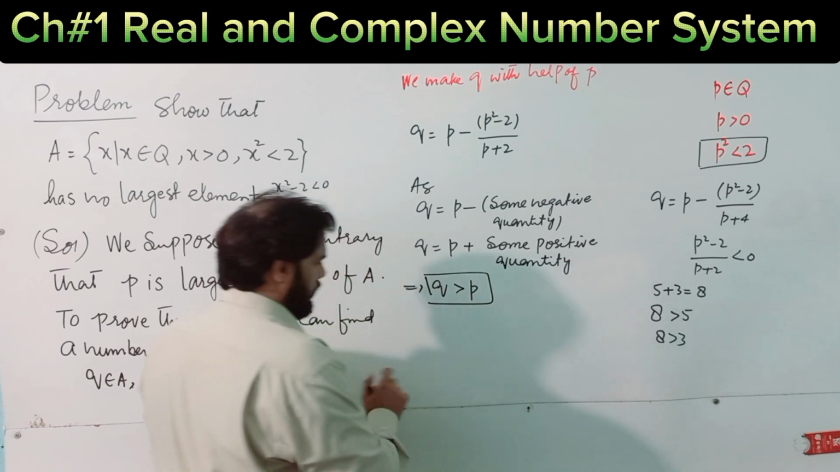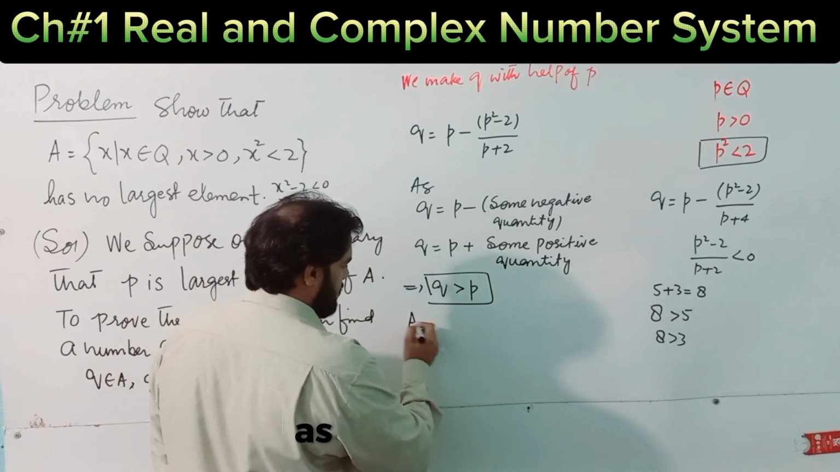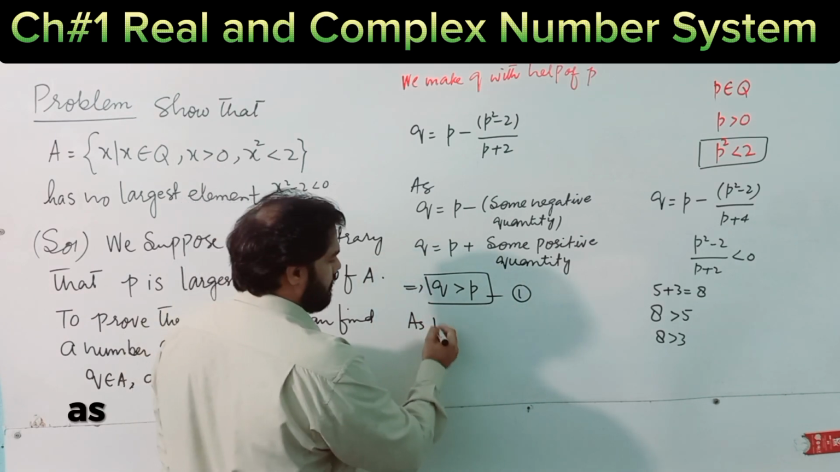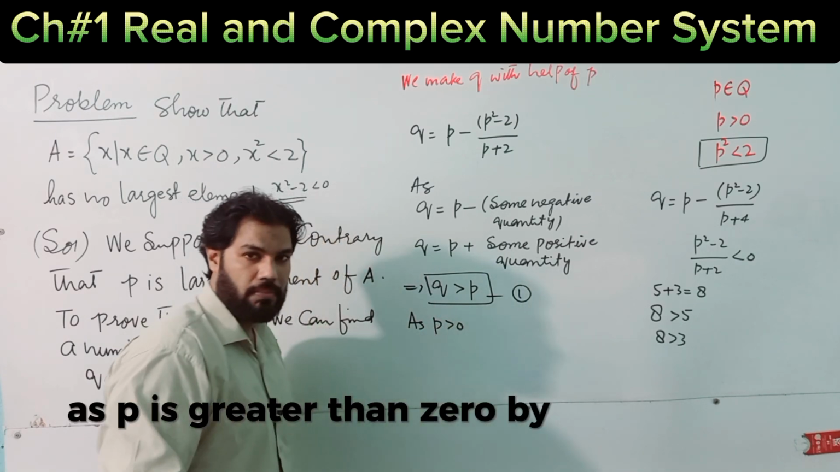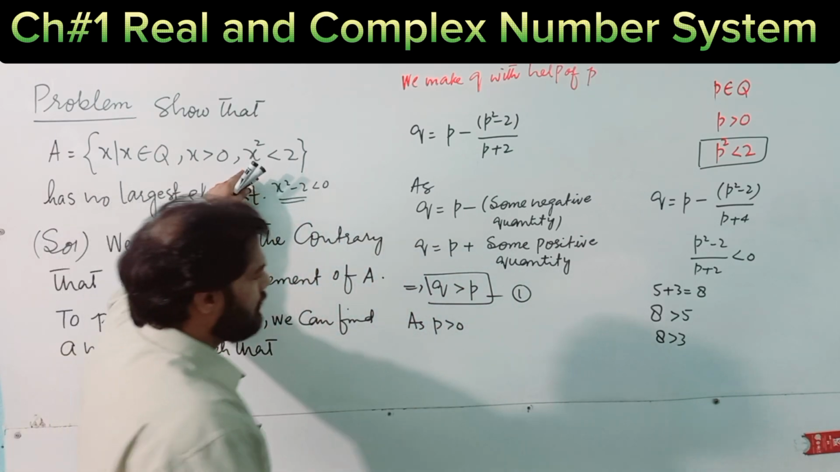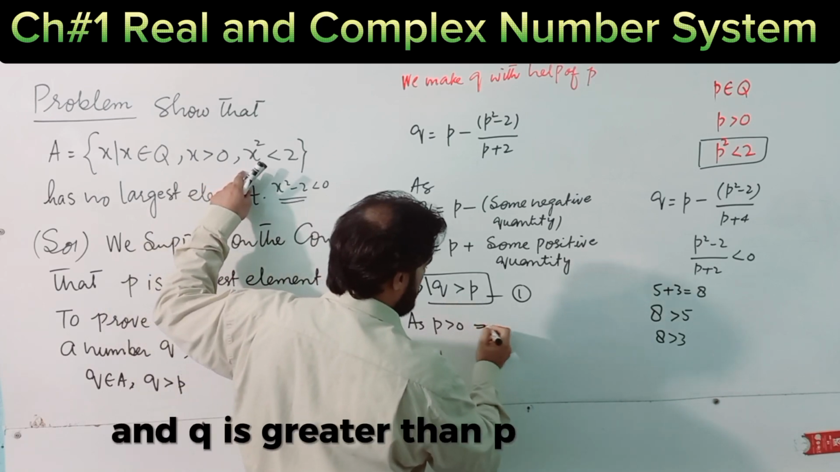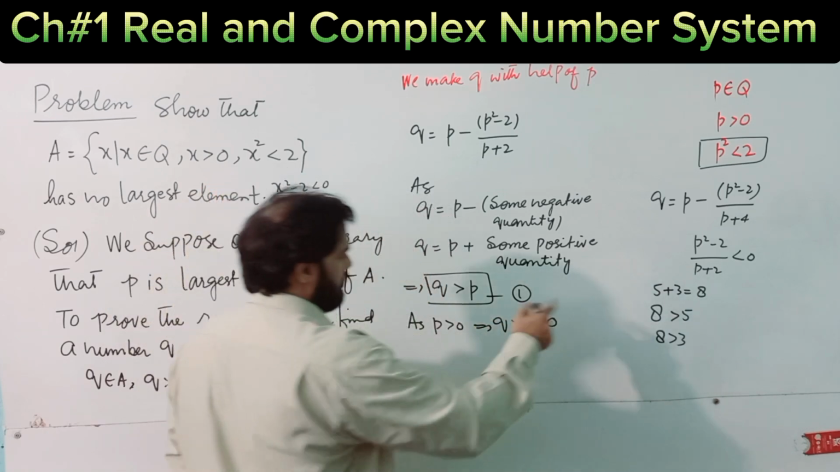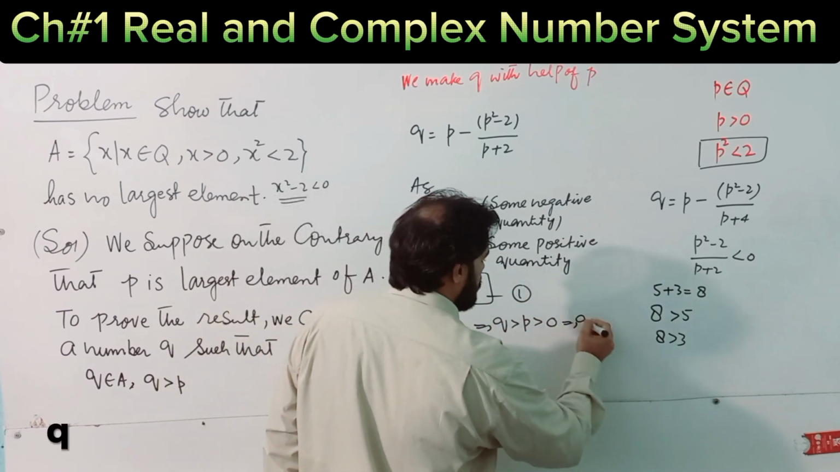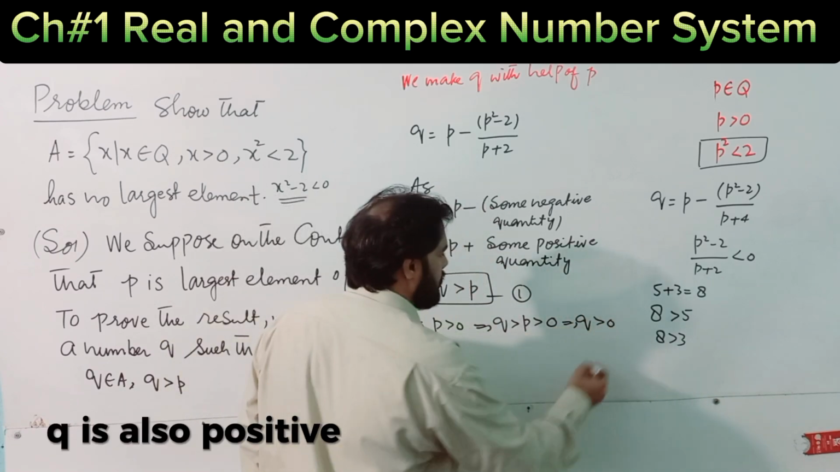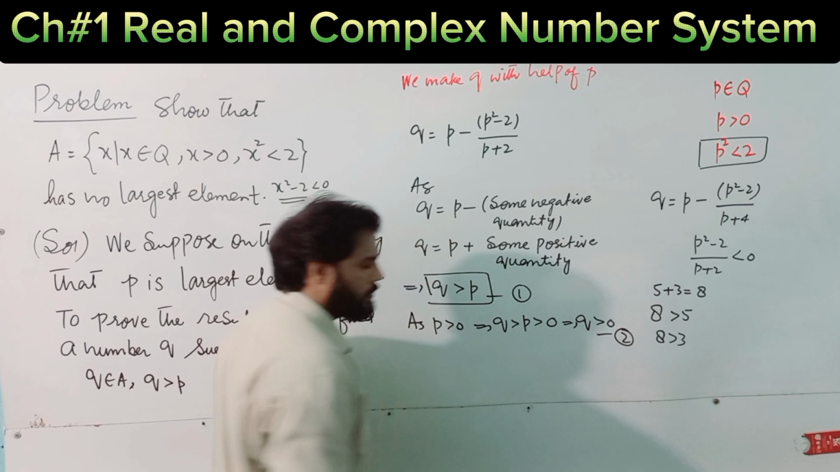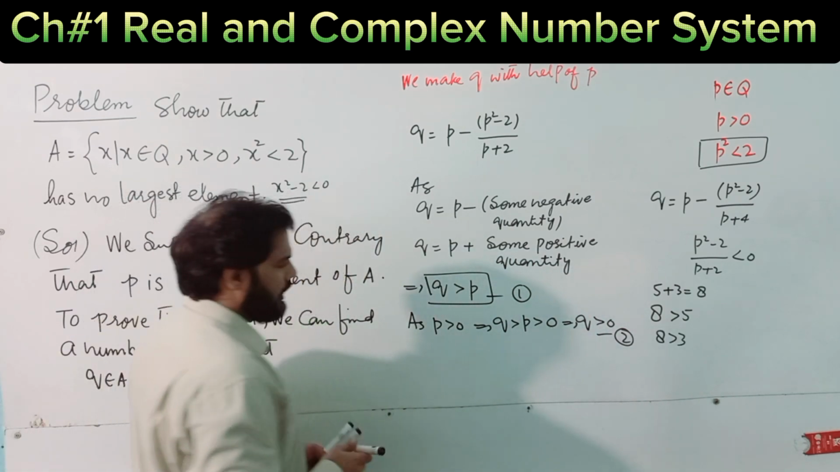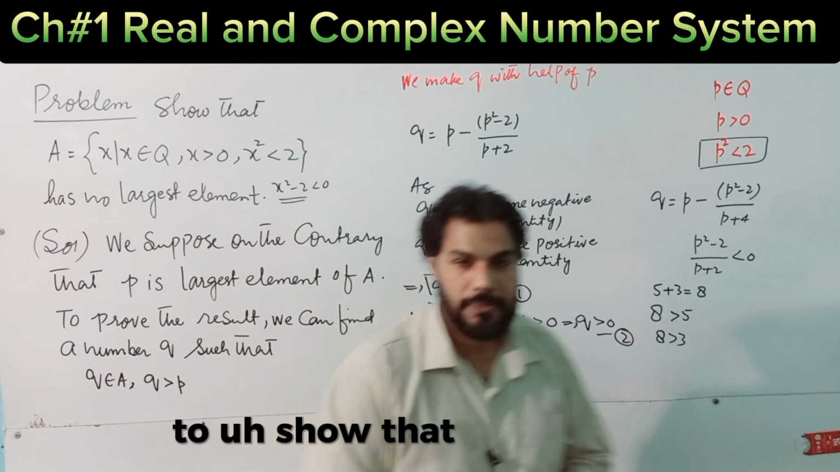Say this is one. As p is greater than 0 by definition of the set, and q is greater than p, this implies q is greater than p and q is greater than 0. This shows that q is also positive. Say this is 2. Next, to show that